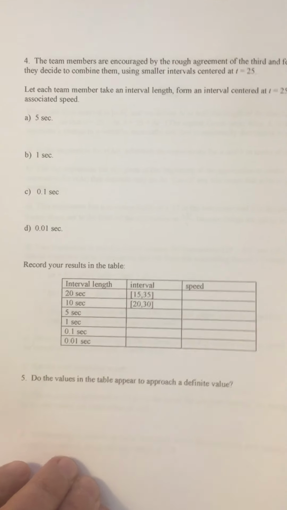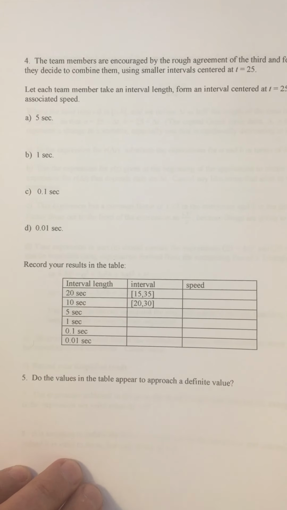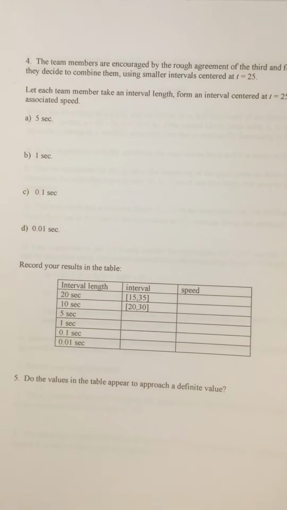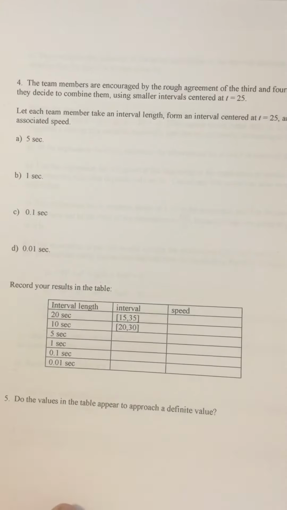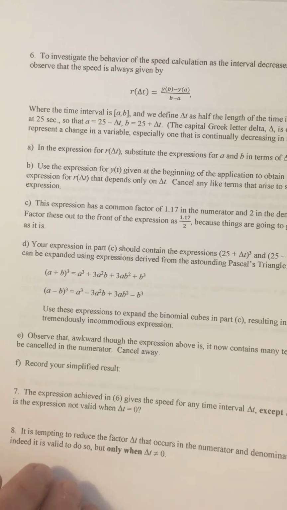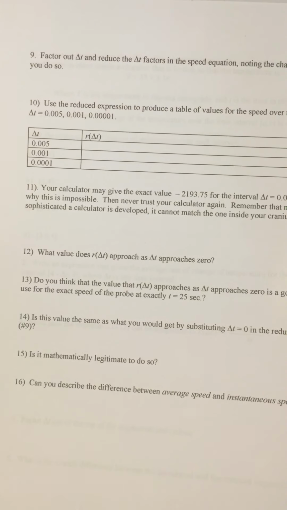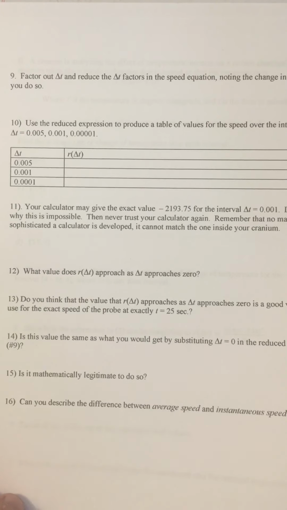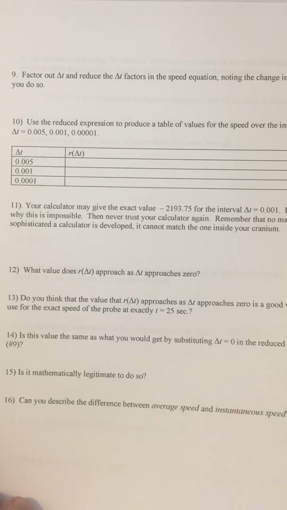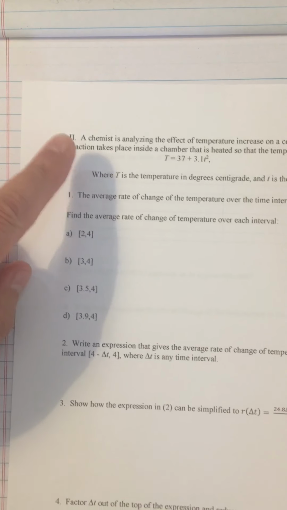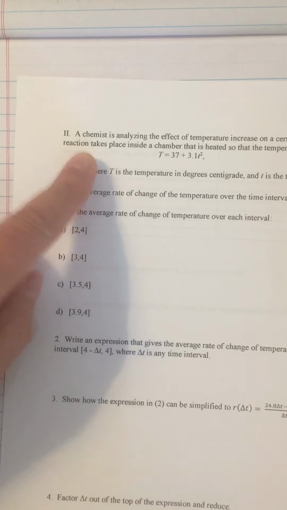All right, so you're going to go through and answer all these questions. I guess I printed this one-sided for some reason. You can fill out a nice chart. It might be obvious what I'm asking you to do. It might not be. I think it's probably pretty clear. I want you to do your best to complete all this on your own, all the way up to number 6. Look at this crazy stuff. But there's nothing here that you've never done before. All of it is asking you to do things that you've already done and analyze the motion of a certain object. Now, when you get to Roman numeral 2 and you start talking about a chemist all of a sudden,